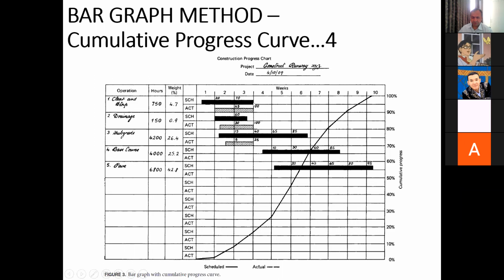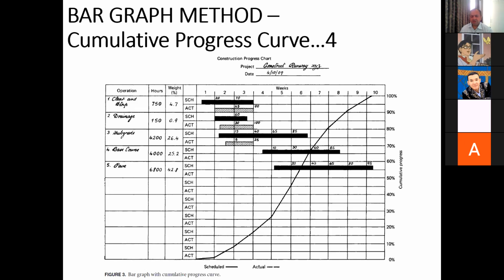For example, if you take the arrow from here and move to here, this can be shown over here. But generally, these relationships are not shown on the bar chart, because if they are shown, then the bar chart becomes very difficult to read.